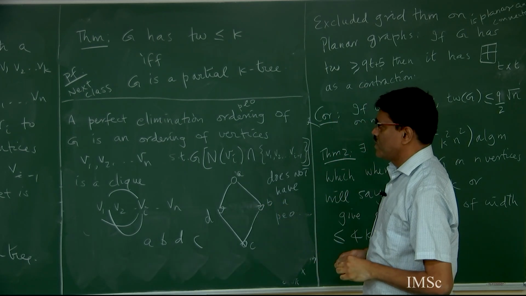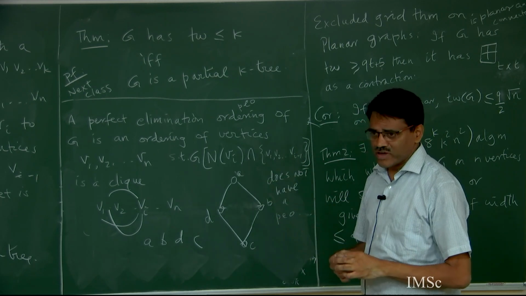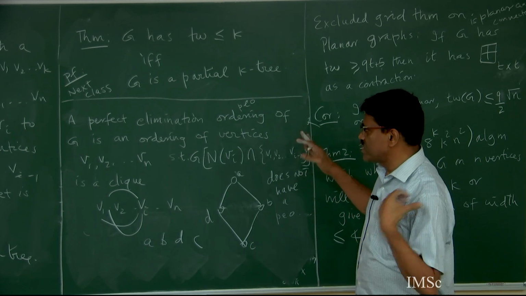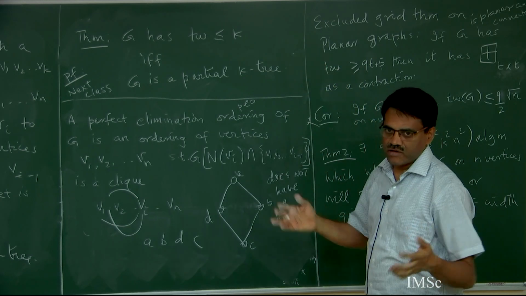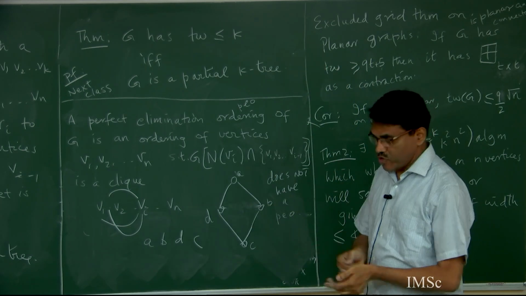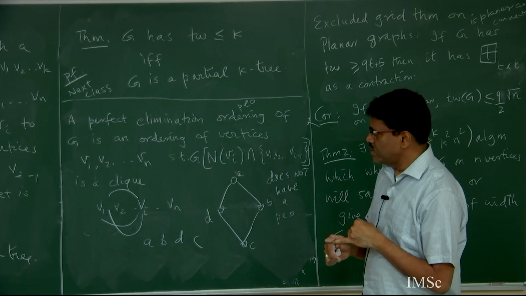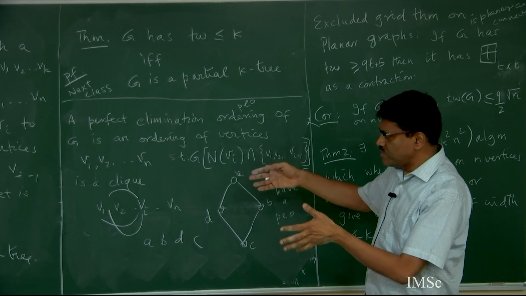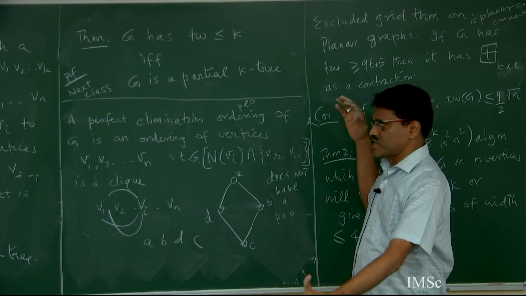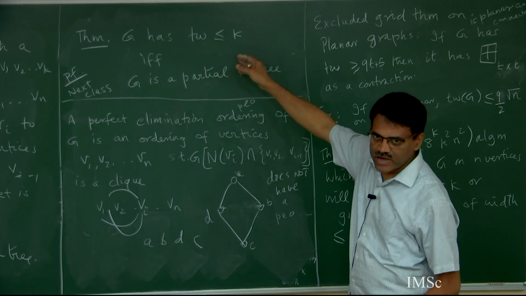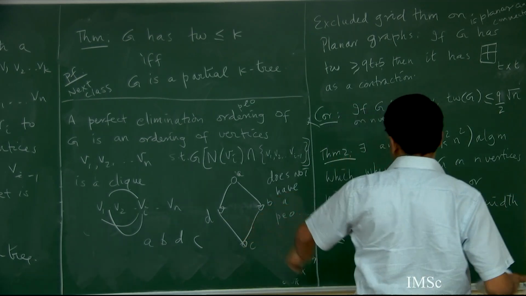Now, there are a lot of questions. Which graphs have perfect elimination ordering? Why do I care about this perfect elimination ordering? It turns out perfect elimination ordering is useful to solve a number of hard problems: clique, independent set, vertex cover. If you have a perfect elimination ordering, you can actually solve these problems very efficiently. And you can actually build a tree decomposition if you have a perfect elimination ordering by looking at these neighborhoods gradually, and I will get to k-trees and getting to this. Okay, but from this observation,